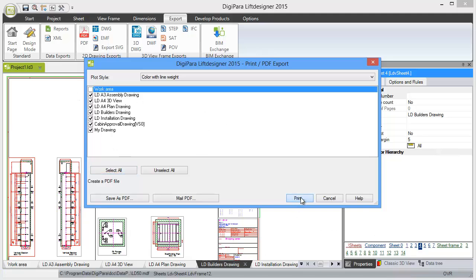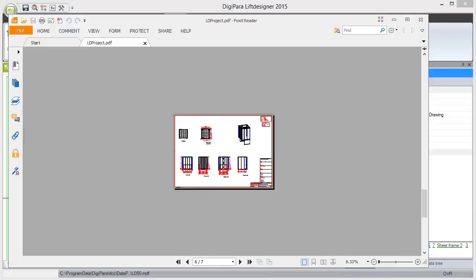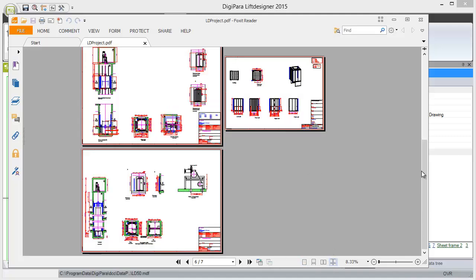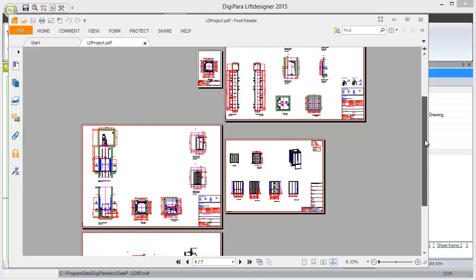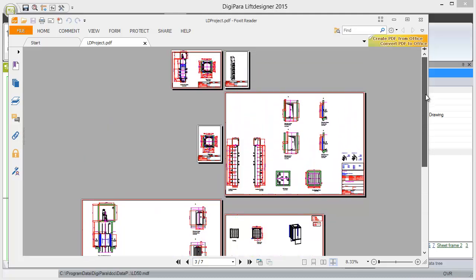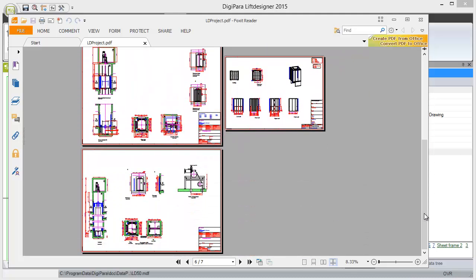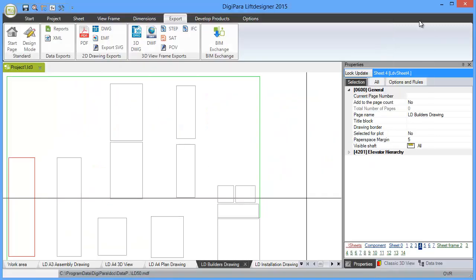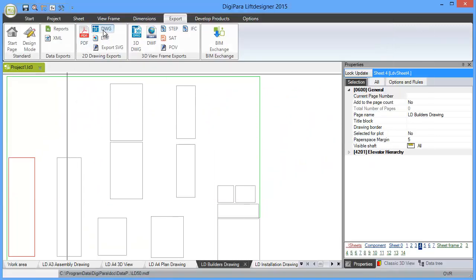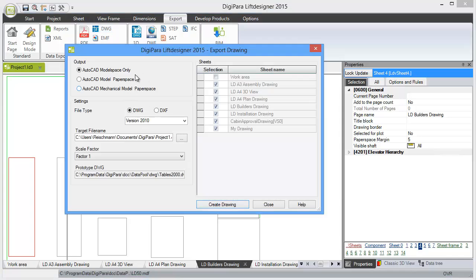If I click on print, what happens is that Liftdesigner creates a PDF file and opens the PDF file in your viewer. You see here I use Foxit as a PDF viewer, and you can create a PDF file very quickly. It works quite similar for DWG files, so you can offer to your clients the